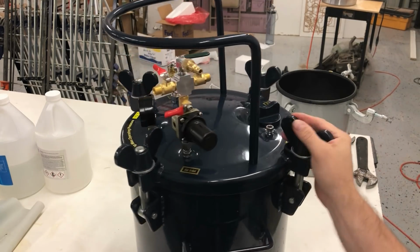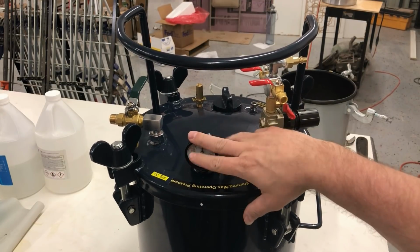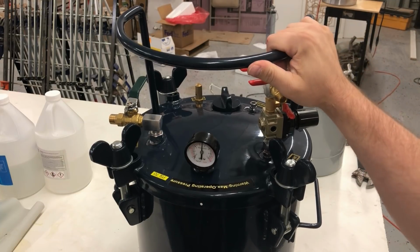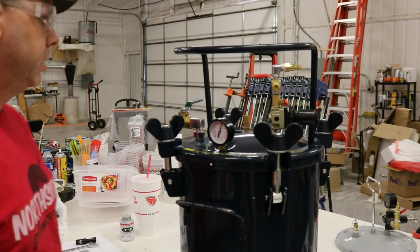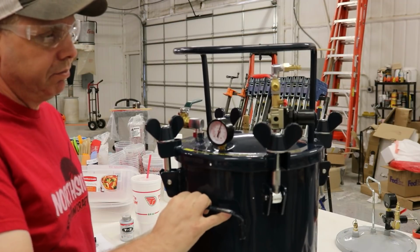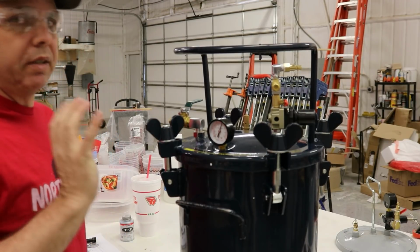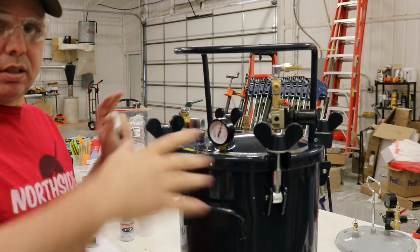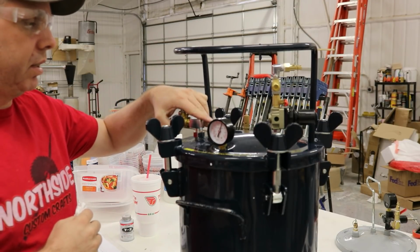That's about it. Now we're going to let this sit here, and we'll see if it loses any air. And we'll wait a couple hours. All right, it's been a couple hours, and it hasn't lost anything. So one of the differences between this one and the one that they have that's all the way set up for pressure casting is you lose this big